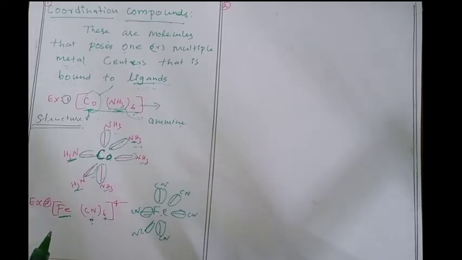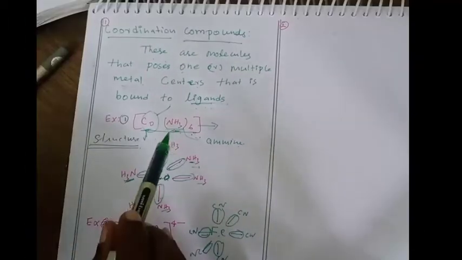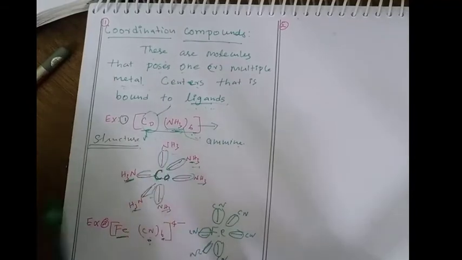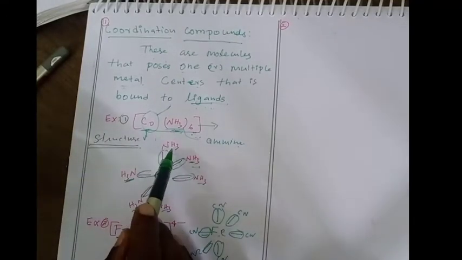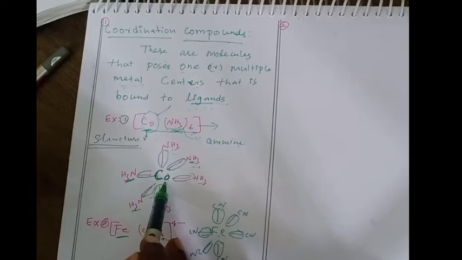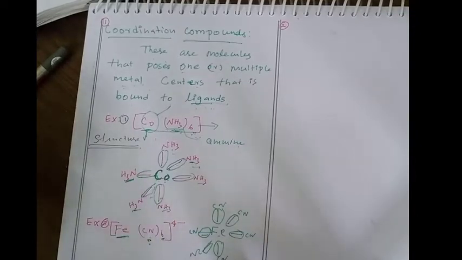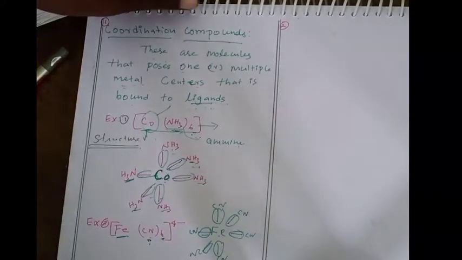Sharing of electron or donating the electron, that's it. Here the ligand donates the electron to the central metal atom, that's it. When the ligand donates the electron to the central metal atom, it forms the bond. See students,